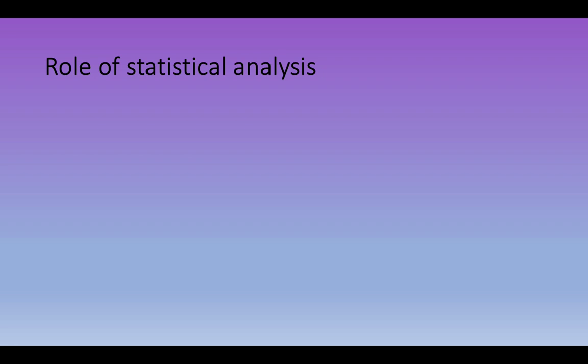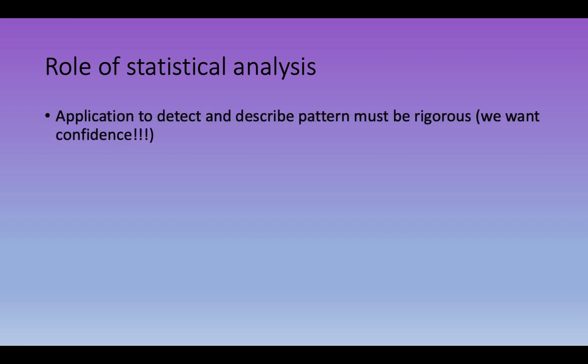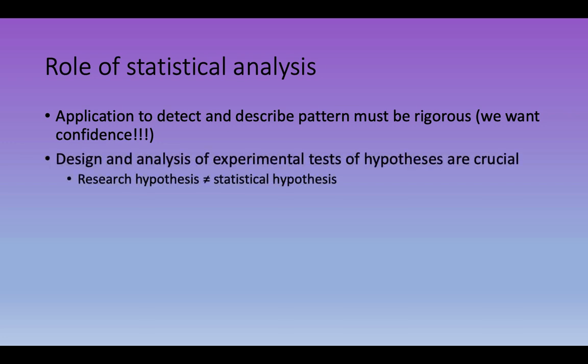So that brings us to the idea of testing. And we can see that, as we go into natural systems, especially life science situations, there's a lot of uncertainty in how we might test something, how we might examine something. So we want to be able to actually have an application of detection and description of pattern, and we want it to be rigorous. When we examine things with the scientific method, we want confidence in what we're doing and in our testing, right?